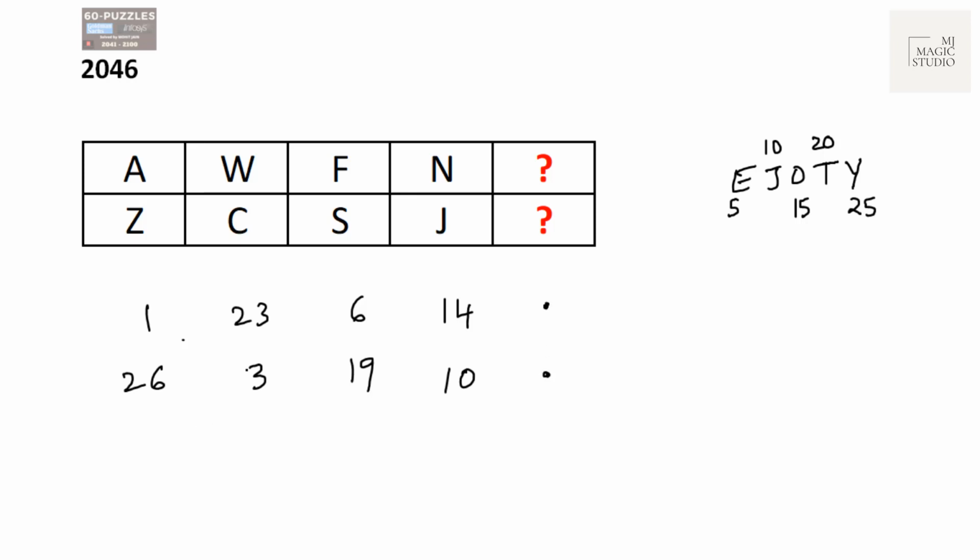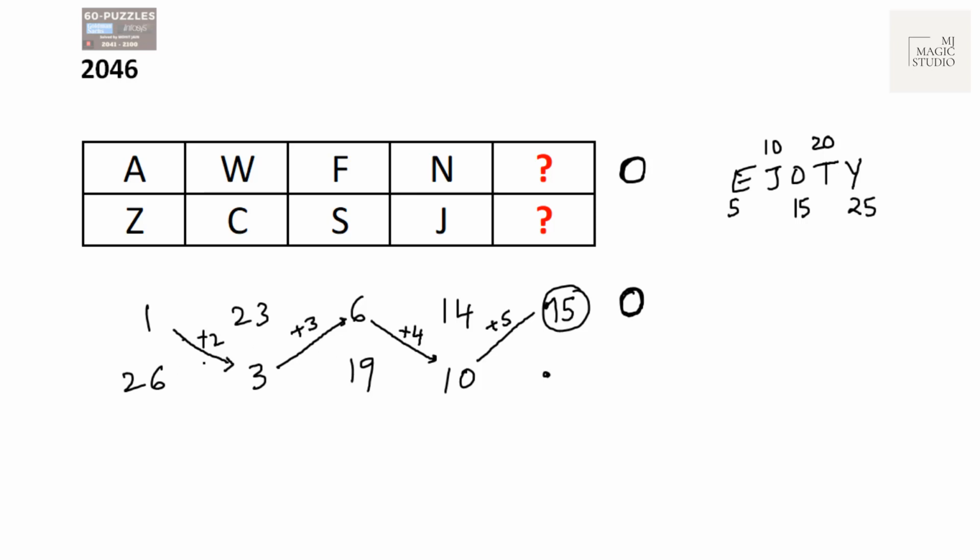Now we are going to identify these two. Let's see how the pattern is moving. If I am not wrong, it is moving in a zigzag manner. 1 plus 2 is 3. 3 plus 3 is 6. 6 plus 4 is 10. Then 10 plus 5 should be here, 15. And the alphabet corresponding to 15th one is O. So here we should have an O.